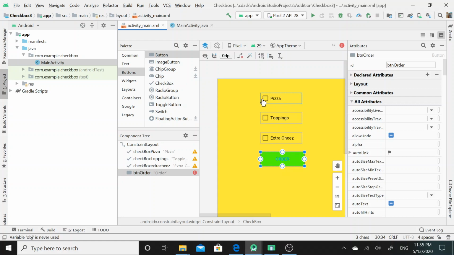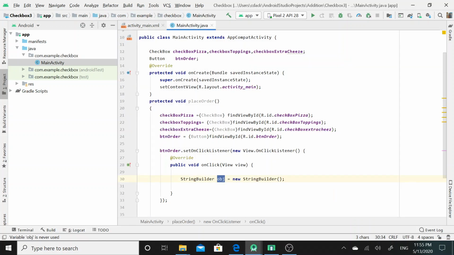So whatever option is selected by the user, I need to display on the order screen. Therefore I am supposed to concatenate all the text present on the respective checkboxes, and to achieve it I need to call the append method, so that I will be able to concatenate all the strings present in the respective checkbox that is selected by the user. And this append method is present in the StringBuilder class, so that's why I have created obj as an object of this class.